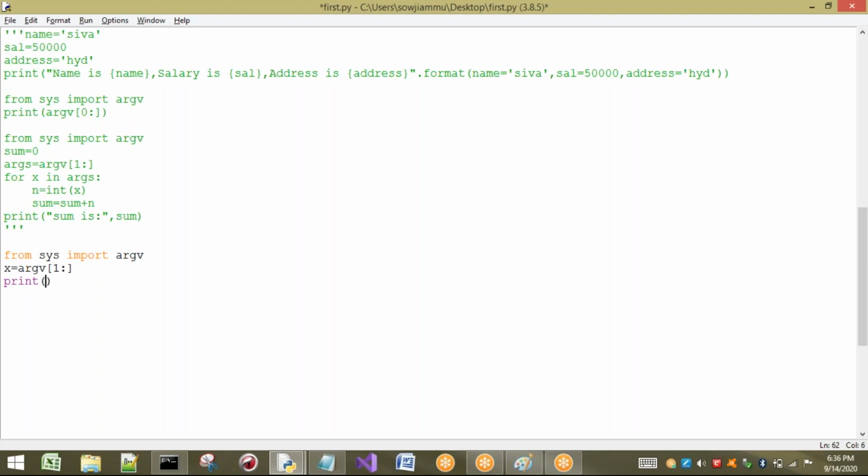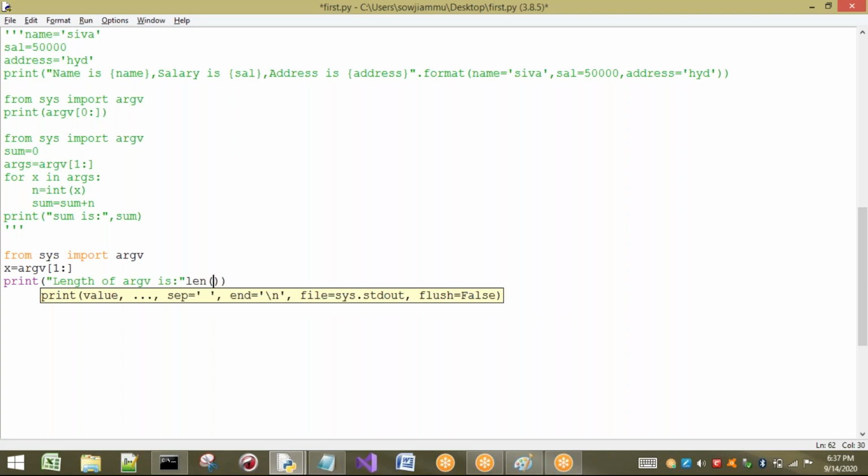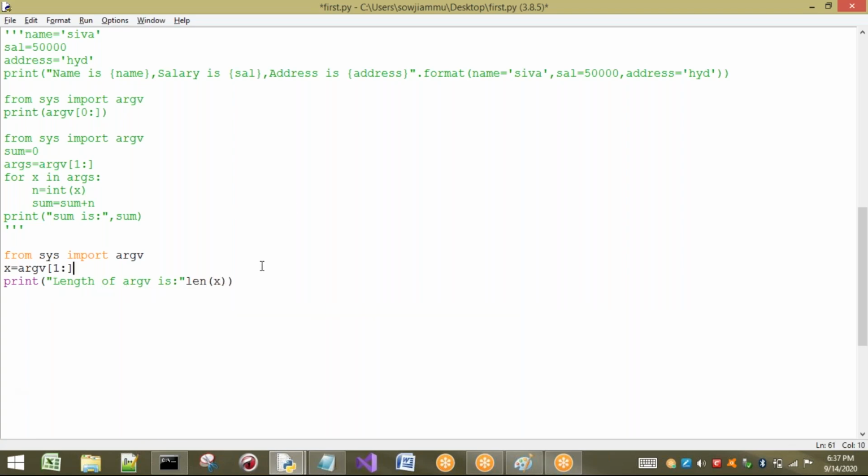So print the length of arguments. argv is only arguments I am taking, so I have taken from 1 to last. We have to use a function called len. Length of x I have to find, so that it will give me the length of the command line arguments we have taken.